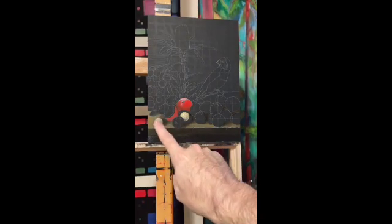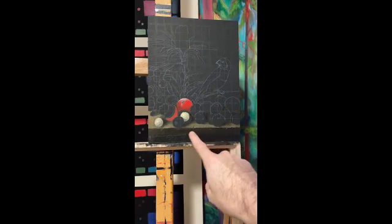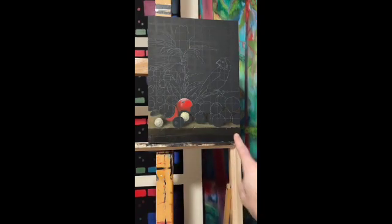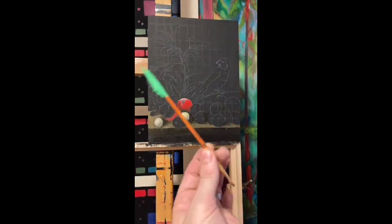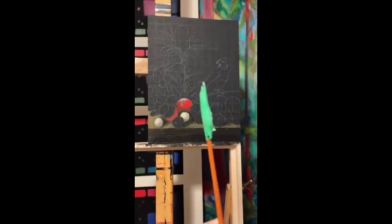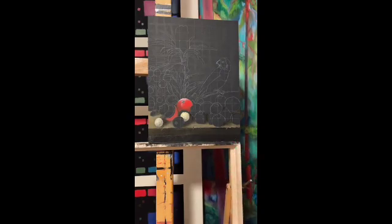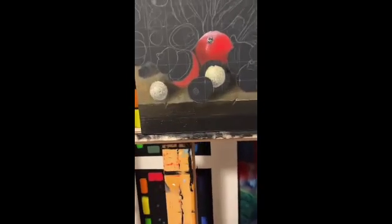Okay, so we started with the table, which was raw sienna, and then mixed some black with that raw sienna to create this side color here, and then painted the black underneath. After that, put in a few details, including the edge with a raw sienna and white combination, titanium white, and a couple of cracks. Also, we took the nail, talked a little bit about that technique. With a paintbrush, I just have a nail taped to the end of this paintbrush here, and I scratched the board, scratched the wood grain pattern into it, and you can just see there,